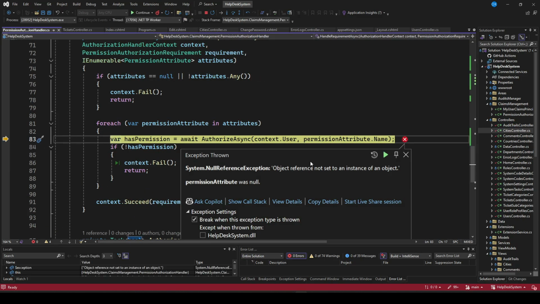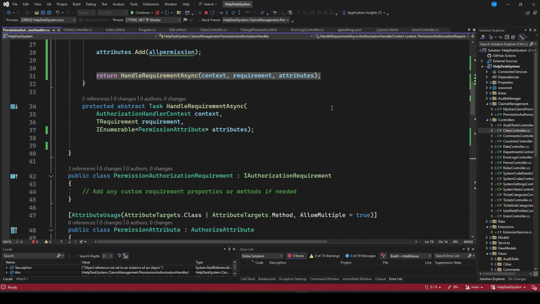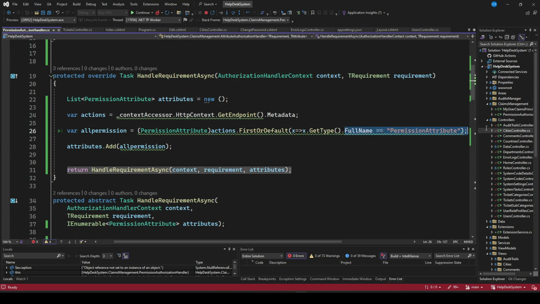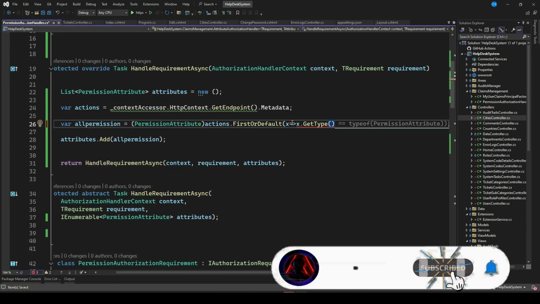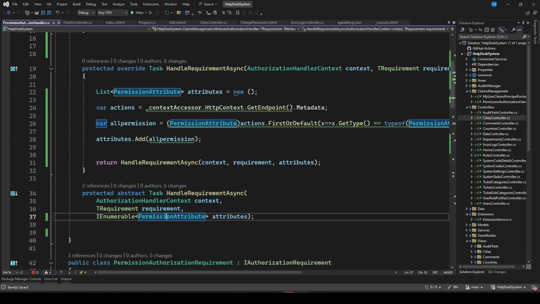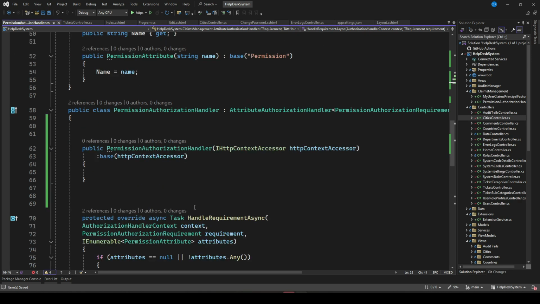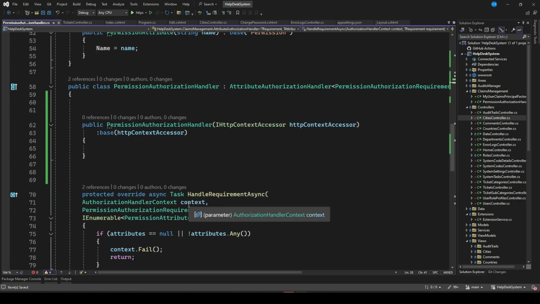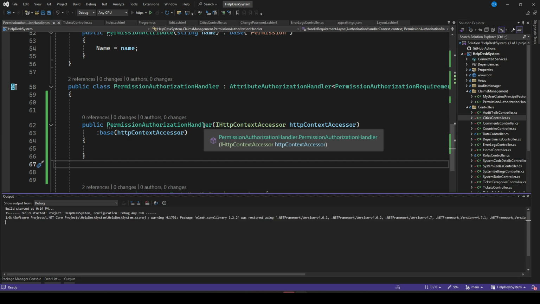you see it is actually giving us an object, PermissionAttribute name. So what I'll do, let's just go back here. I want us to remove something. So I want us to remove this. Let's just do here. If we do that, equals to, then we do typeof. So let's just do this typeof PermissionAttribute. Then we have our PermissionAttribute, and this is added. Then if you come back here, we should actually check that everything is there, all is well. Then we should now check. So if we just relaunch our app again,